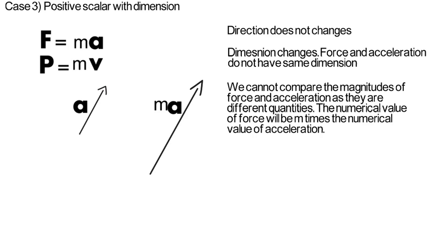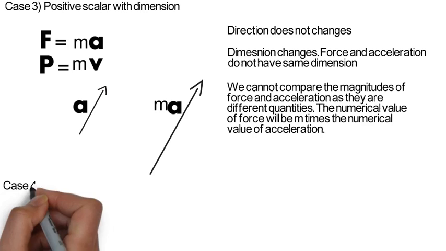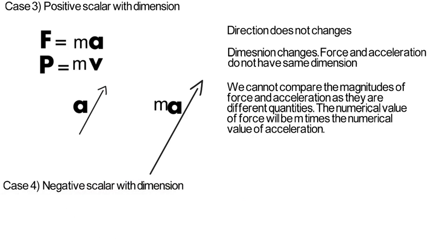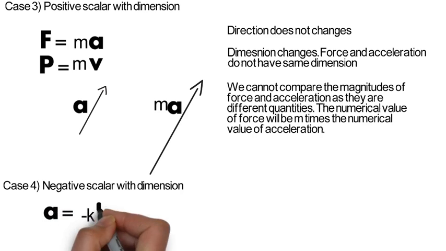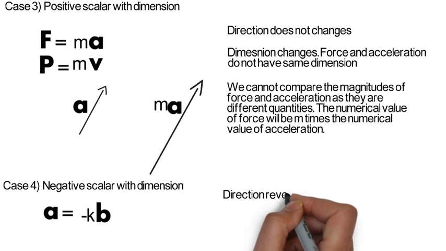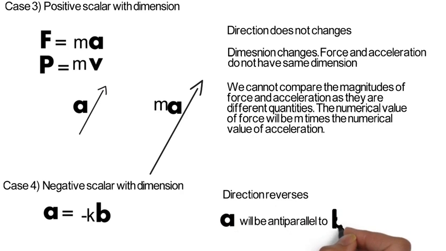And the last case is when a vector is multiplied by a negative scalar with dimension. For example, let us say A vector is equal to minus k into B vector. In this case, B vector is multiplied by a negative scalar quantity minus k. The result will be a new vector quantity A. The direction will reverse. A will be anti-parallel to B. If k has its own dimension, the dimension of A will be different from the dimension of B. Thus the dimension changes. Further, we cannot compare the magnitude of A with the magnitude of B because they will